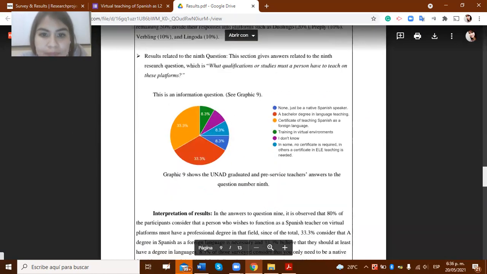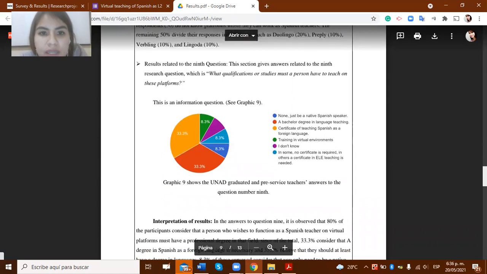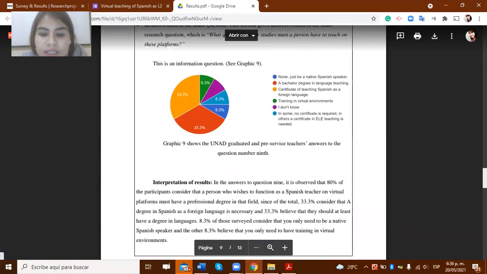Now in this graphic, the answer to question 9, it is observed that 80% of the participants consider that a person who wishes to work as a Spanish teacher on a virtual platform must have a professional degree in that field.